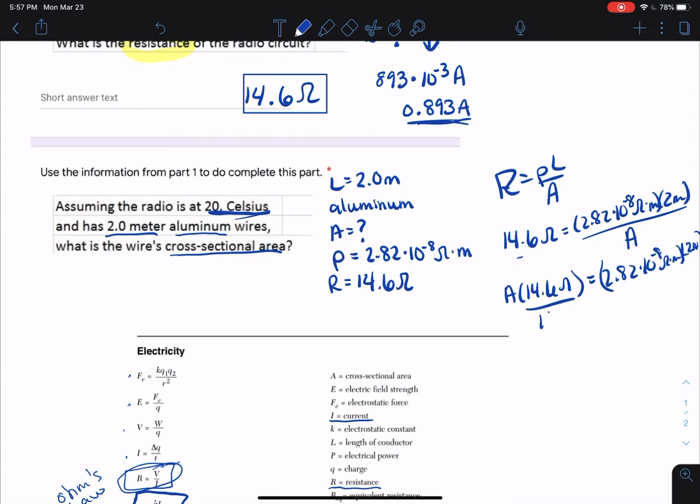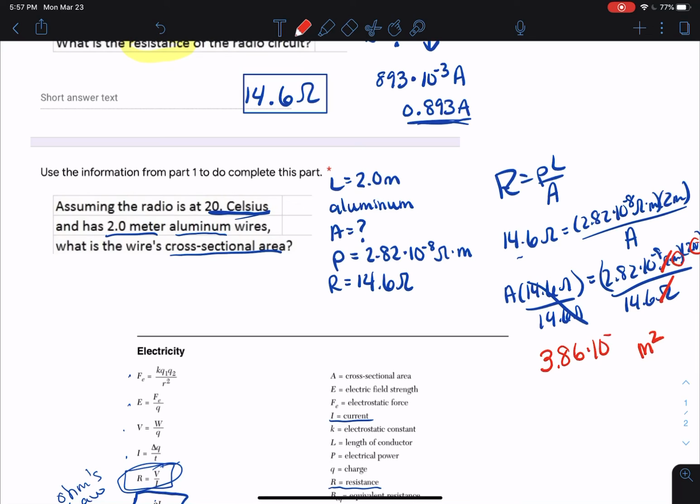And then I would divide by 14.6 on this side, divide by 14.6 ohms on this side. If we pay attention to our units, you'll see that ohms cancels out with ohms, and I'm going to be left with meters squared. So that's going to be in the answer. And when I do all that algebra and math, I get